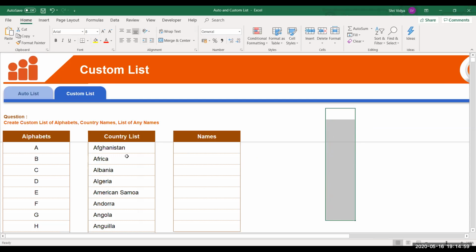Once you share this file with someone, it is not going to be available for them. They could be seeing the list values, but they cannot use the option the way you used to. They cannot drag and get the values, but they can see the values that you have already populated in the file. Okay. So these are the things that you have to keep in mind.